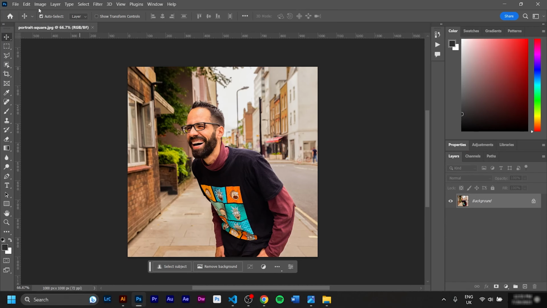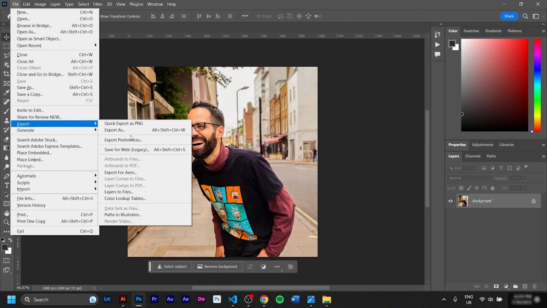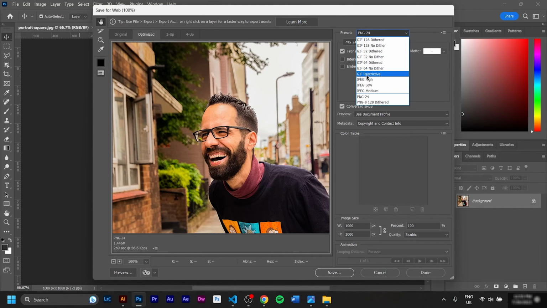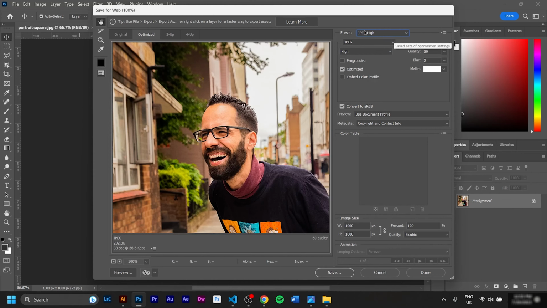If you are using Photoshop, I will show you one way to fix that. We go to File, Export, Save for Web. We make sure that we click up here JPEG high quality. If I have it at max, it's going to be 700. So we can go even down to 40%. It doesn't look that broken and it drops the size significantly. This is 7 times smaller, so it's a big deal, and we save it like that.